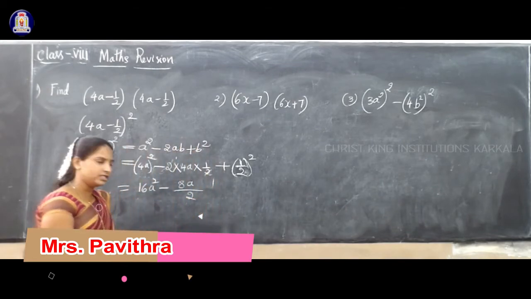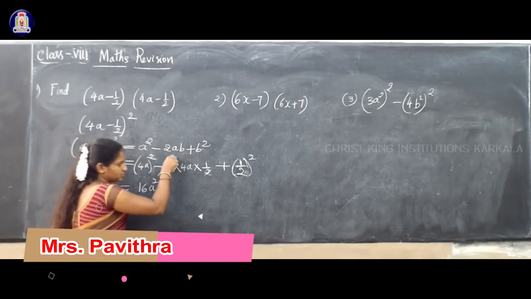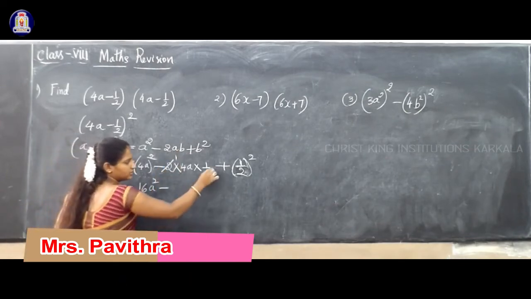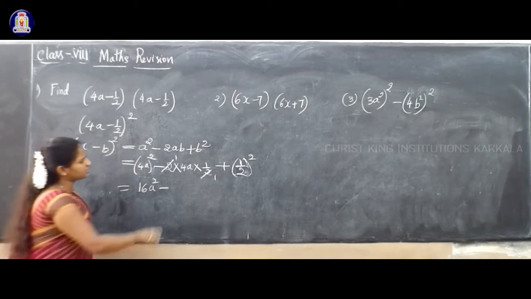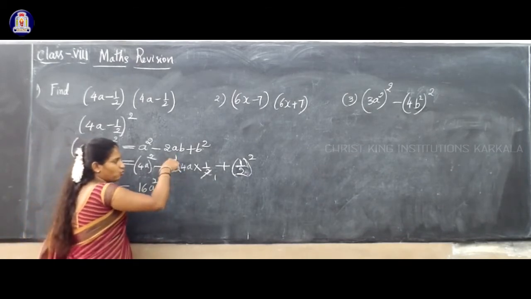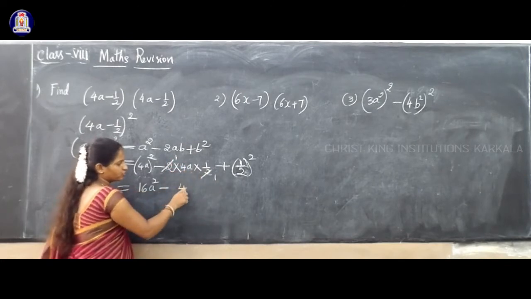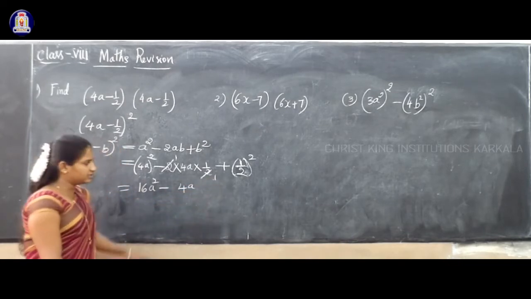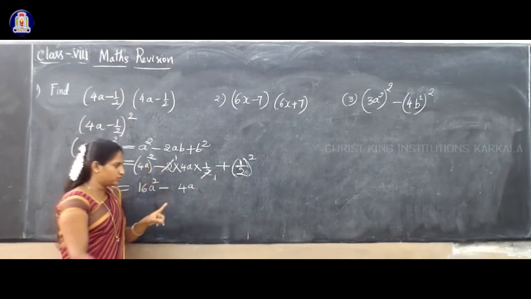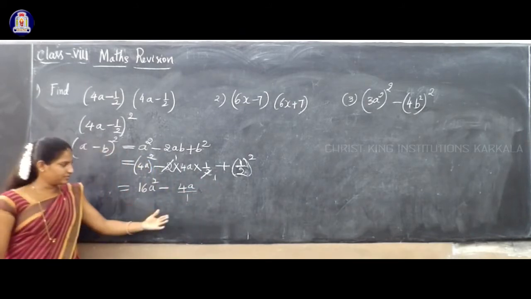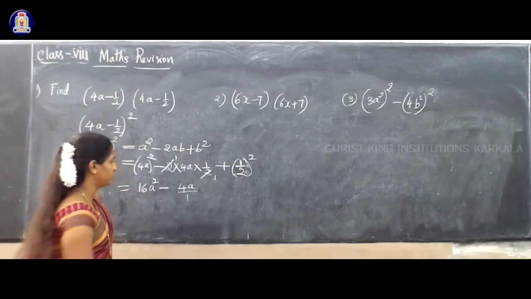First multiply, then divide, or in the first step only we can divide. We can cancel the term. 2 ones are 2. This 2 is in the denominator, right? So what is remaining in the numerator? That is 1 into 4 into 1. So 1 into 4, 4. 4 into 1, 4. So 4a divided by. Is there anything in the denominator? No, remaining only one term, that is 1. So after simplifying we get 4a by 1, that is 4a. So 1 is there in the denominator, we can negate that.